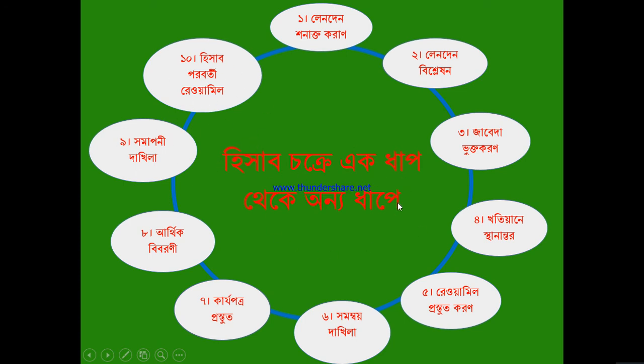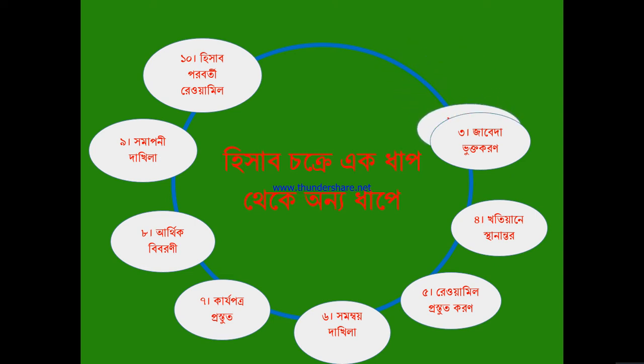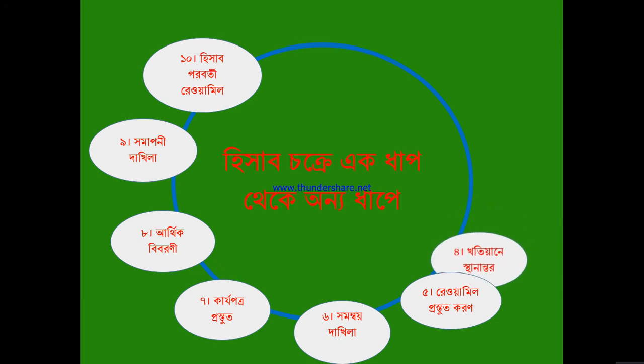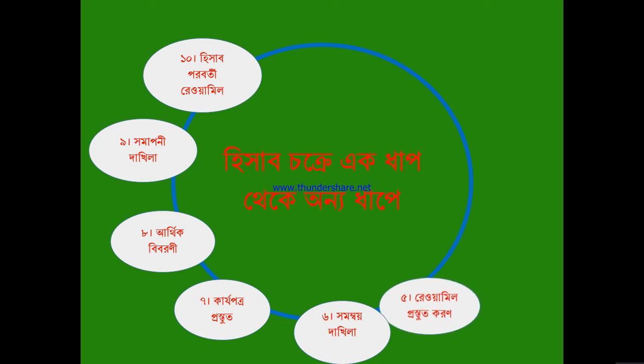These are the steps of the accounting cycle, and 1 will be adjusted with 2, and 2 is required for 3, and 3 is required for number 4, and the trial balance will help to make 6, 7, 8, 9, and 10. That means number 5 is a paper of workings, and number 5 will help to prepare adjusting entries,